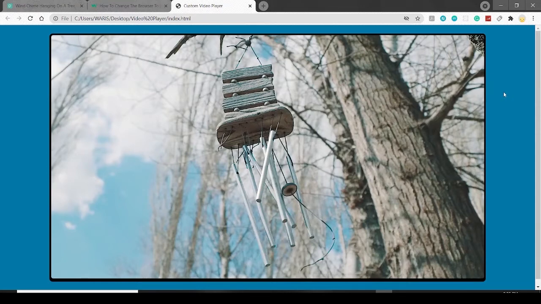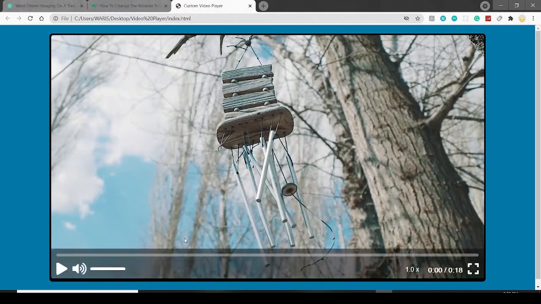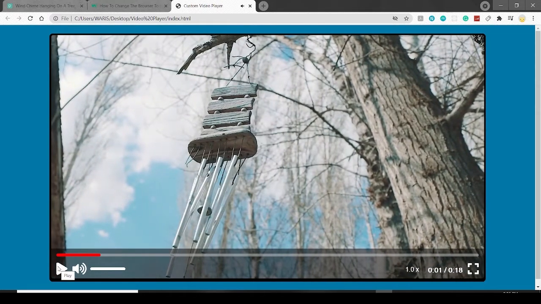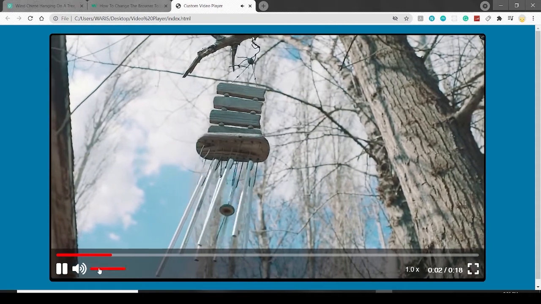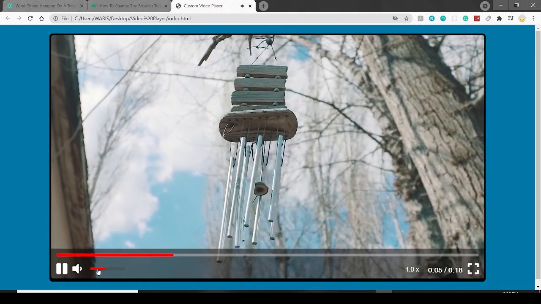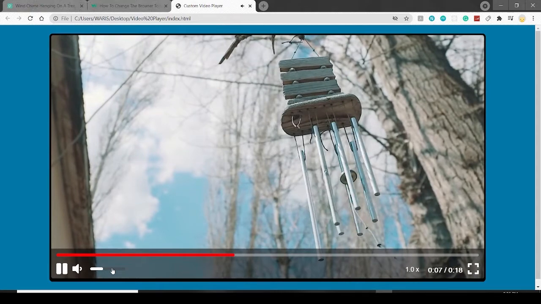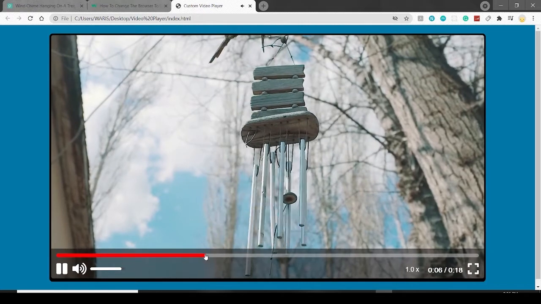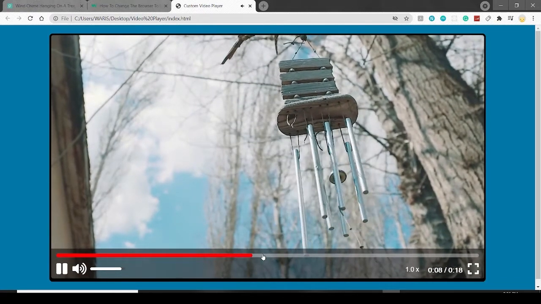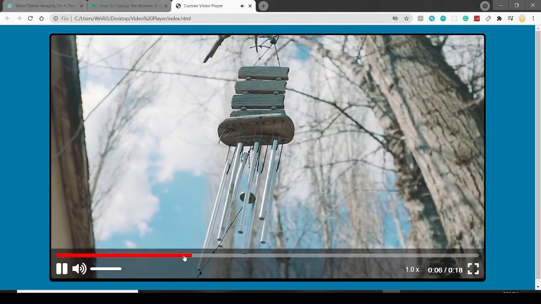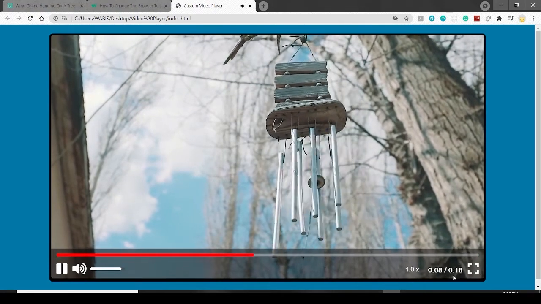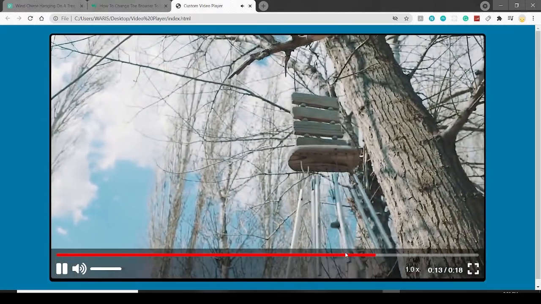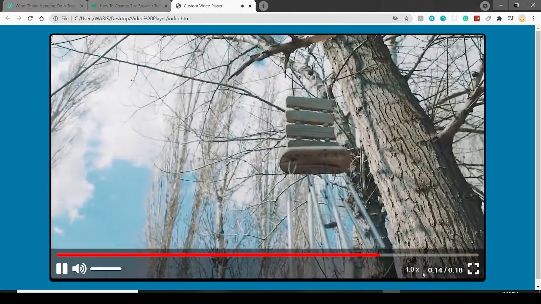So let me show you that it is responsive also, and that it has a play button. Then we can pause it. It has the functionality of pausing. Then the volume icon is also responding at the same time when we are increasing or decreasing. This time span is also working. Like if I click here, it's back, and here is the time. This is the total time duration of this video, and it has a time sequence where we can